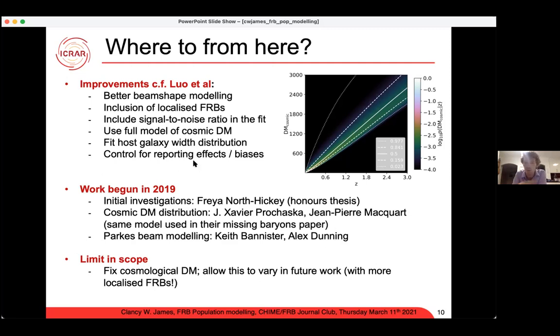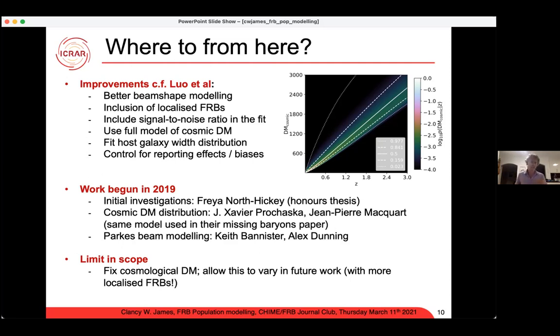And you also want to do a bit more control as to which bursts are in your sample, right? So for observations at Parkes like HTRU and SUPERB, and CHIME would clearly apply here too, you say, right, we're going to look for FRBs. We're going to spend this many thousand hours on the sky, and we're going to report our results. And you know then that if you don't see anything, those results get published, right? Like there were no bursts observed in the low latitude HTRU sample, but we know about that because we said we're going to look for FRBs, and when they didn't see them, that was still published.